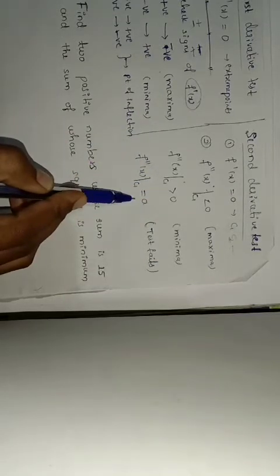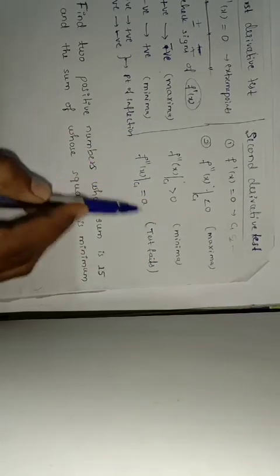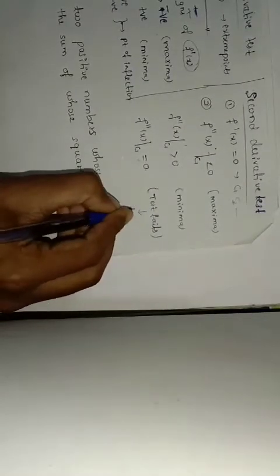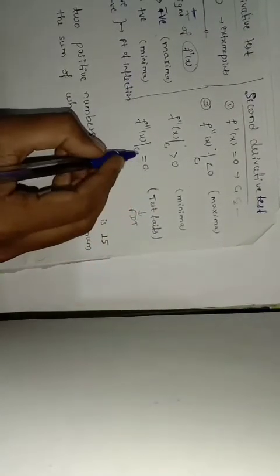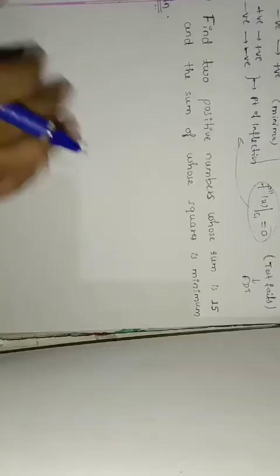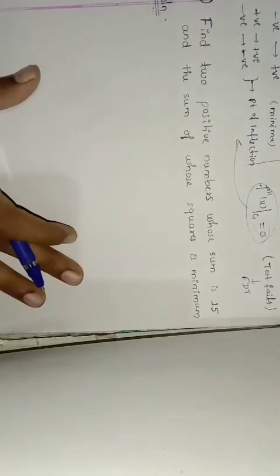So we discussed one problem on this. If it is equal to 0, we go for the first derivative test. Okay, so in this case we will go for first derivative test, and for f dash of x we will check whether it is changing from negative to positive or positive to negative. We will see, on that base we will decide whether it is a point of maxima or a point of minima. See, we will discuss some problems on that.